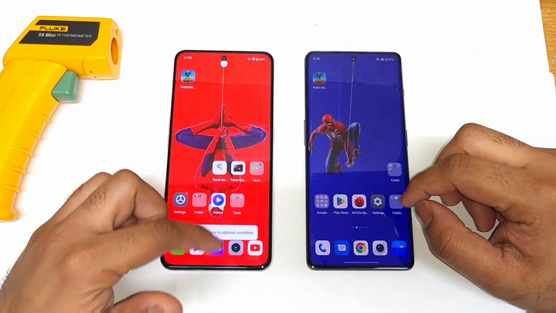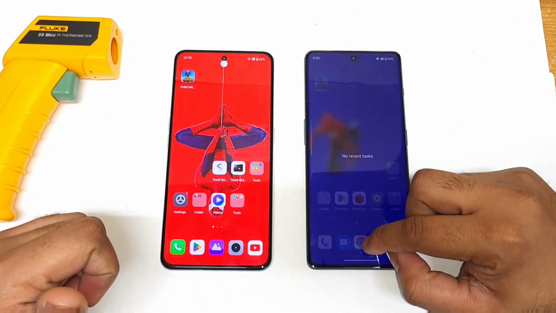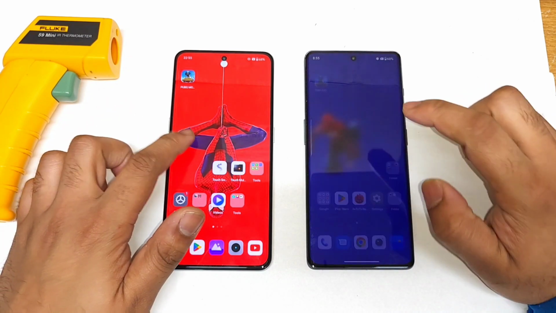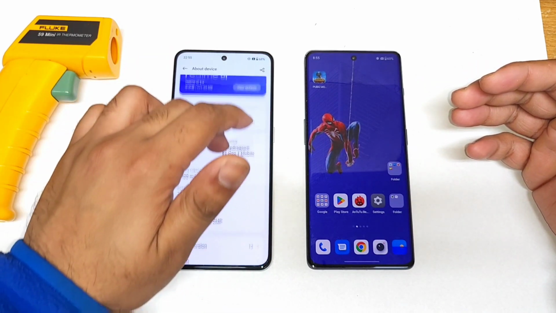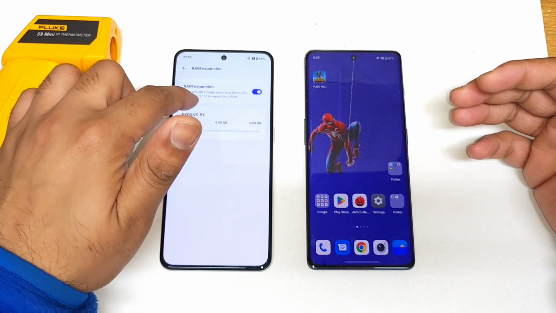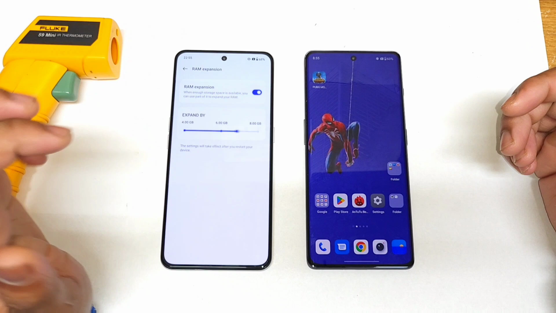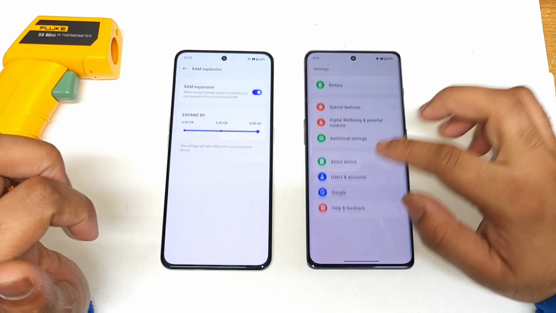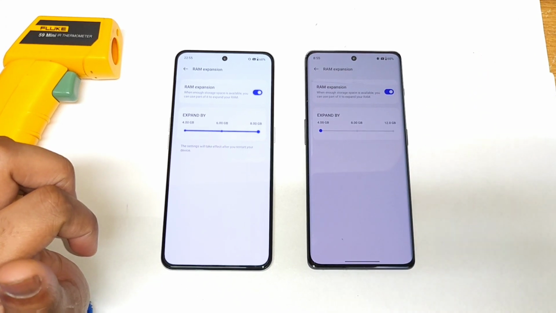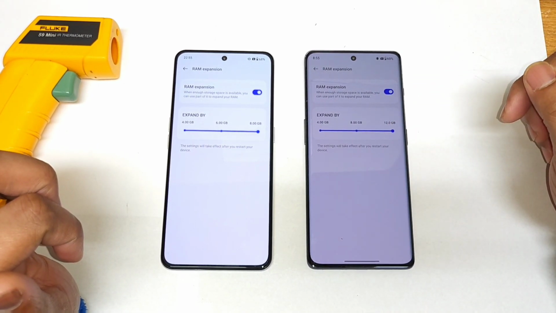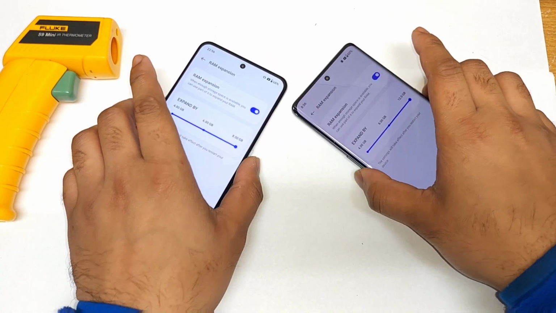So first model is the Realme GT Neo 5, which has 16 GB of RAM by default, and 12 GB in the OnePlus 11R device. Both phones do have RAM expansion. In the Realme GT Neo 5, there's RAM expansion available of up to 16 plus 8 GB, so total RAM availability will become 24 GB. Whereas in the OnePlus 11R, the default RAM is about 12 GB, so total RAM will become 12 plus 12 GB. As you can see friends right now, total 24 GB and 24 GB between these both phones, and now I'm going to restart the device